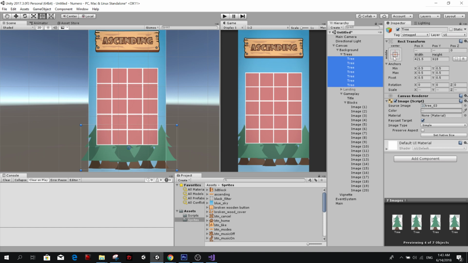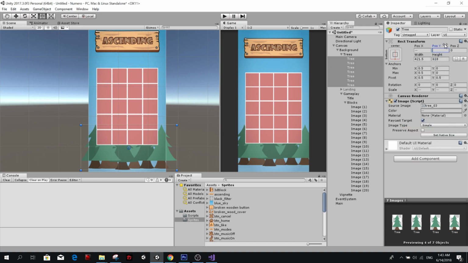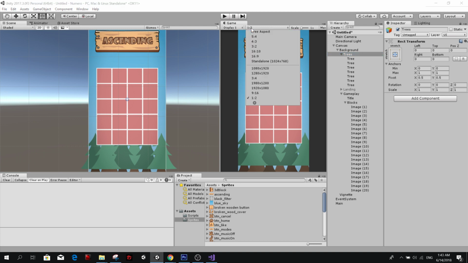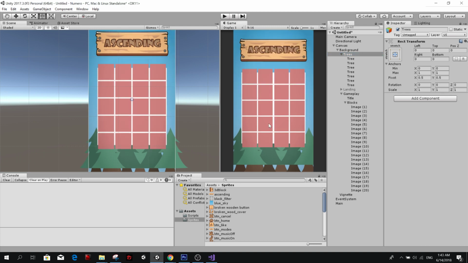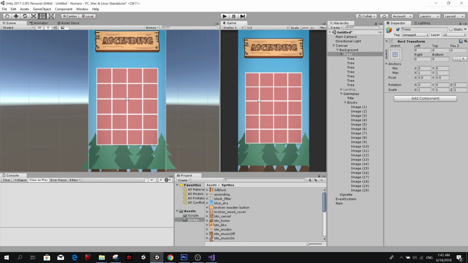Here, trees should have a bottom anchor point, like this. Oh god, no. Like this. And then we set the position here in Y. First of all, the pivot needs to be at 0, and then we set the position here in 0. So the trees will be down there. We can make them a little bit lower. And now you will see if we change the resolution again to 9 to 16 and back to 1 to 2, it's pretty much similar.